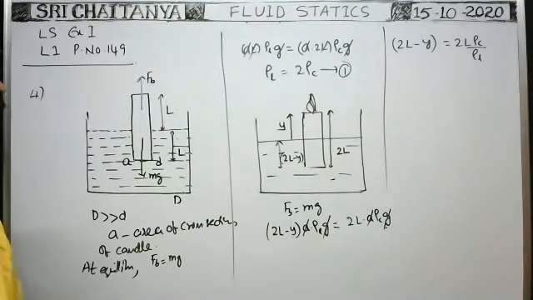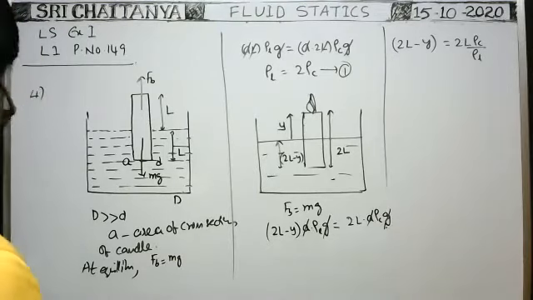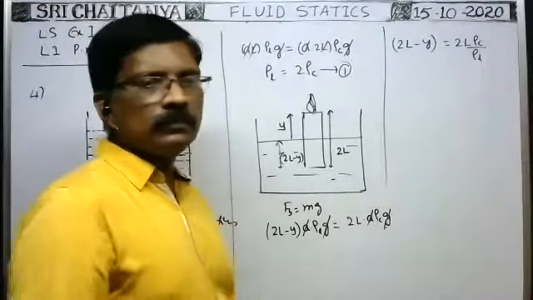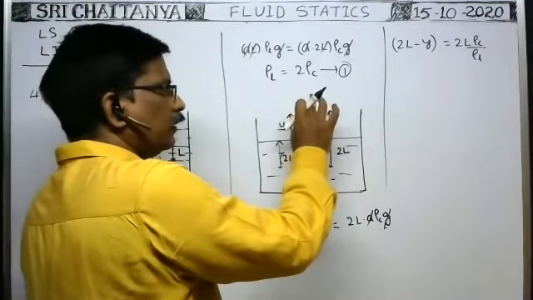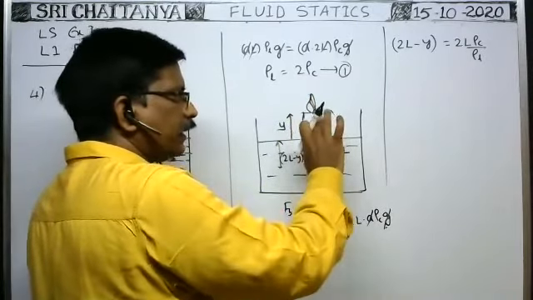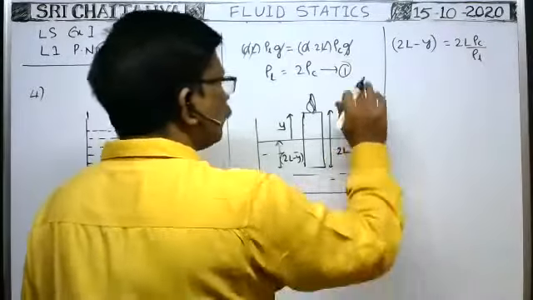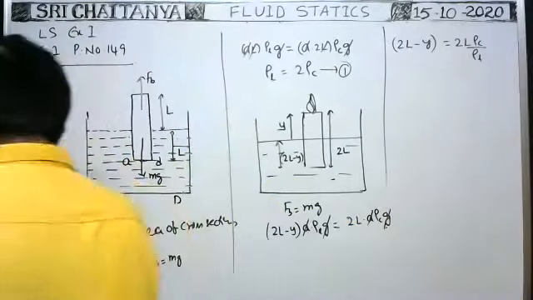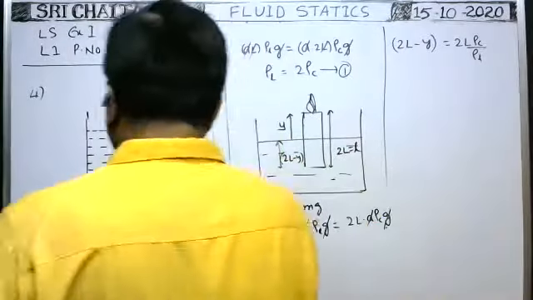Now here, which are the variables? Tell me, which are the variables in this? Whenever the wick is burning and the candle is slowly melting, the total length of the candle decreases. Instead of 2L, it is better to write small l, because 2L you may confuse. So take the total length as small l. Then write small l there. That is enough.